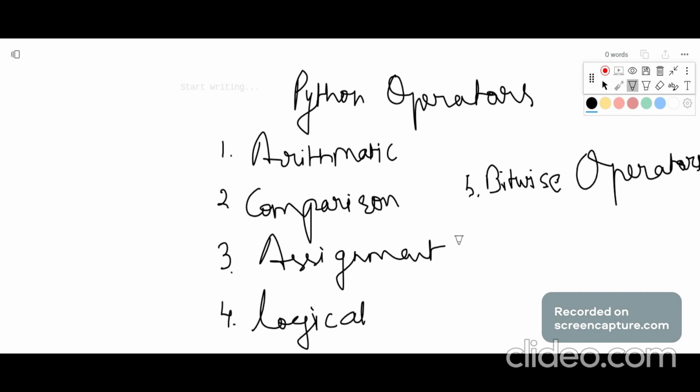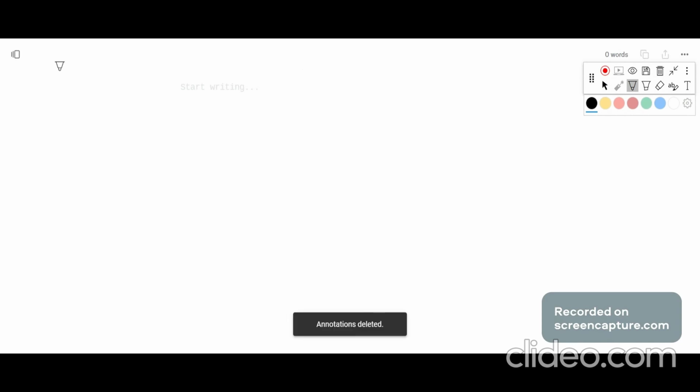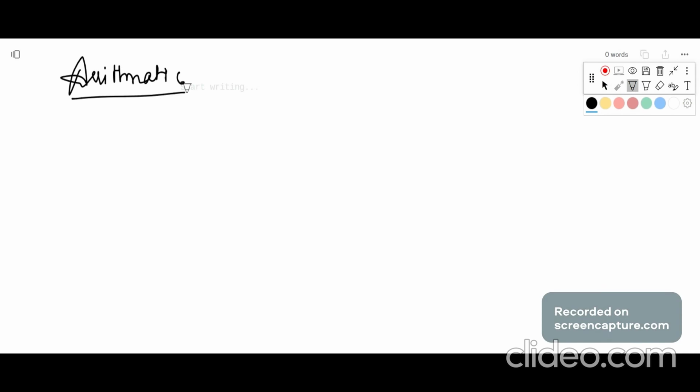Let's see first what this arithmetic operator is. Arithmetic operators are totally related to your mathematics. So first, let's see what an operator basically is.